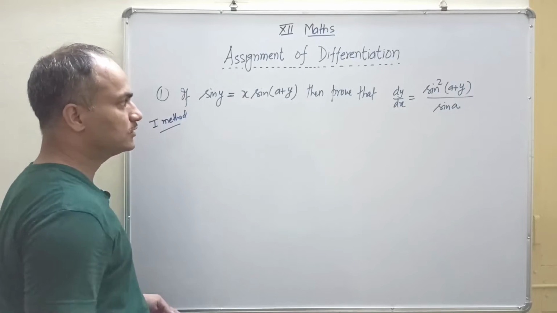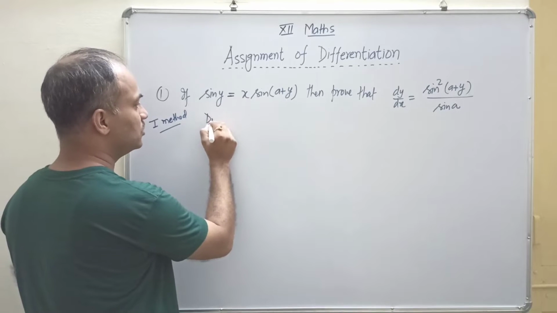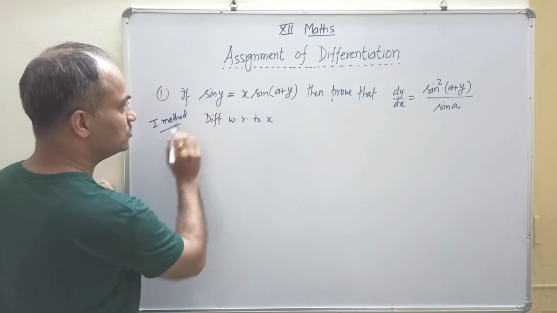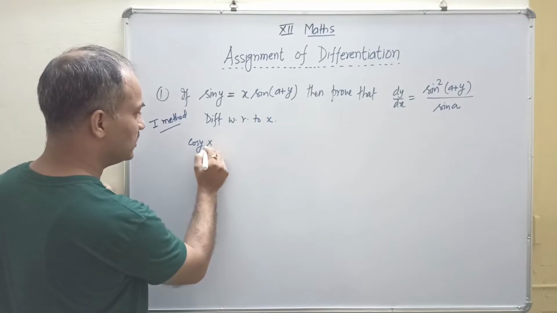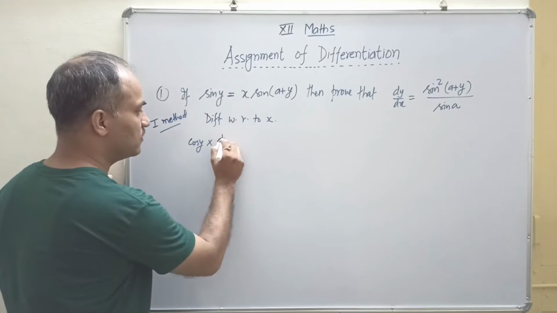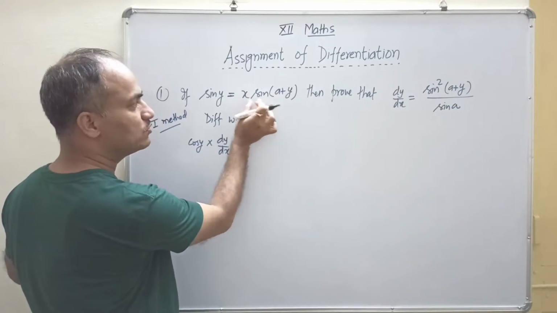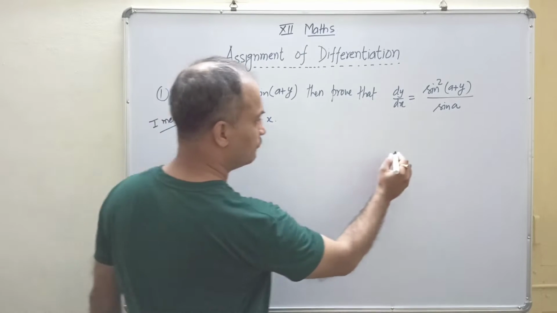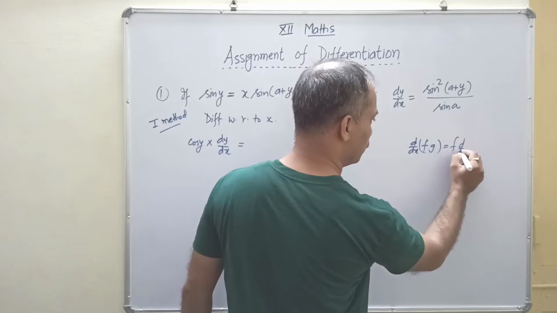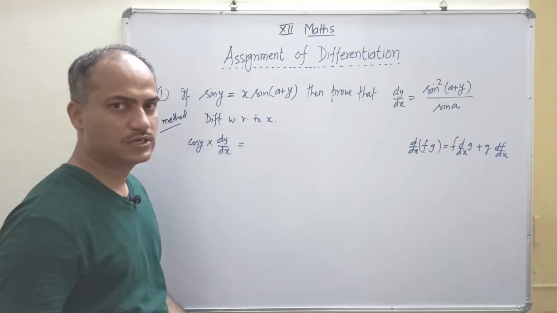If we differentiate this as it is, whatever is the given term, we differentiate with respect to x. So what happens? Differentiation of sin y becomes cos y, and then by chain rule we have to differentiate this variable once again. So this becomes dy upon dx. Now f into g, this is one term, so the f into g formula we can apply here. So the formula says d upon dx of f into g is f into differentiation of g plus g into differentiation of f.